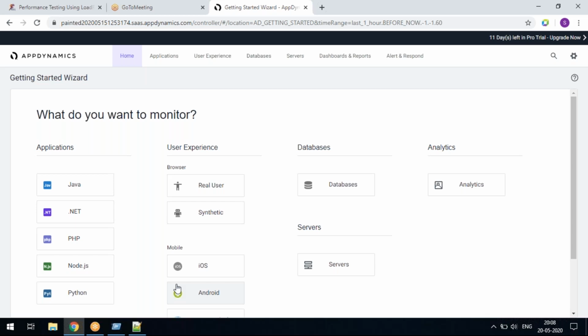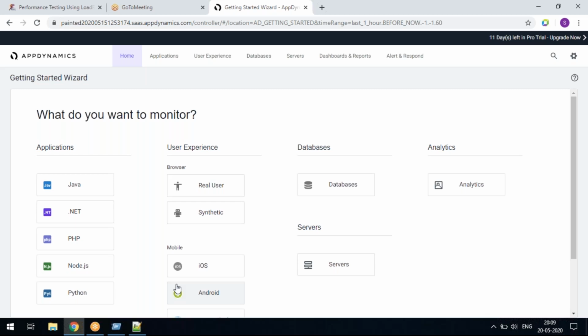First I need to know my application's technology stack. In my case, it is a Java application, Apache Tomcat is the server, and HSQL DB is the DB. Like that, first I should know the architecture and the technology stack of my application.